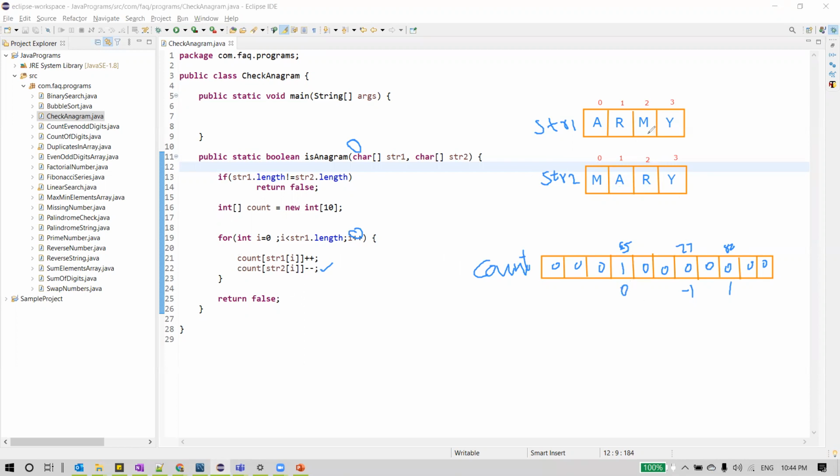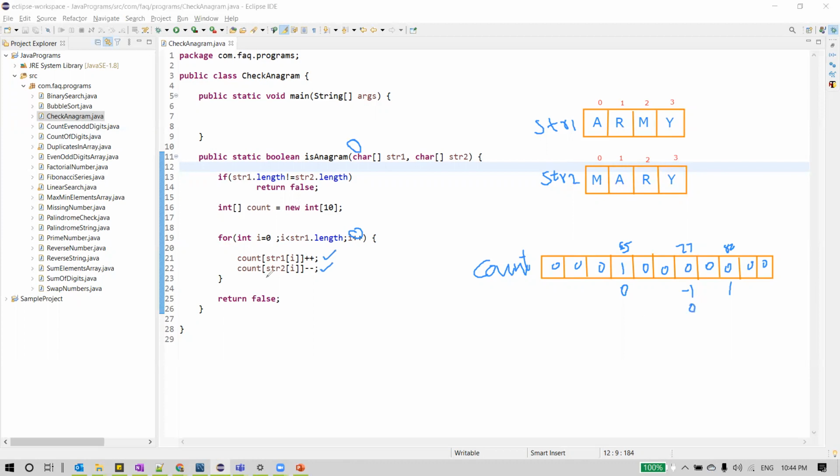Next, I is incremented to 2. So then what happens? String 1 of I is M. The representation of M is 77, we calculated it just now. So we want to do +1 for it. The value at index 77 is -1, we want to increment it, so it becomes 0 now.